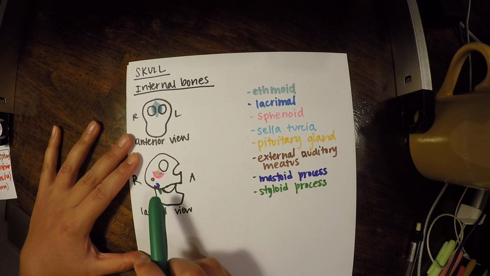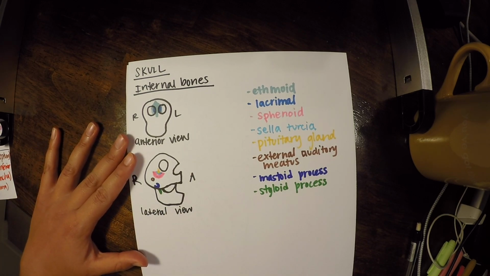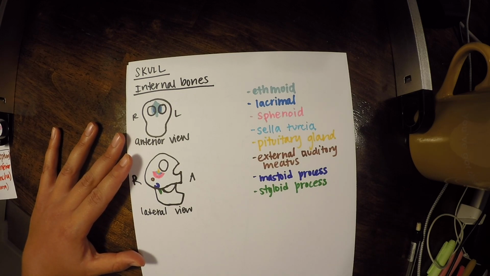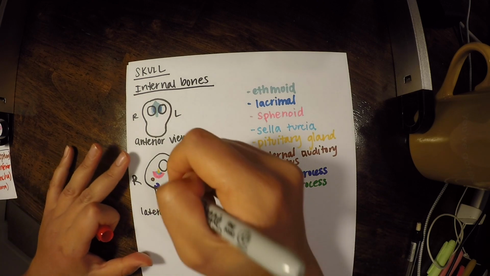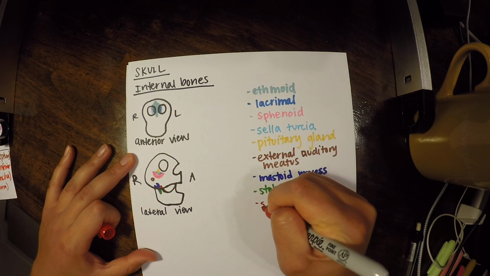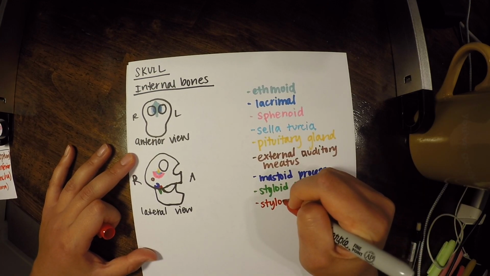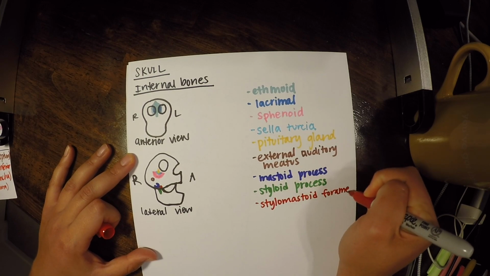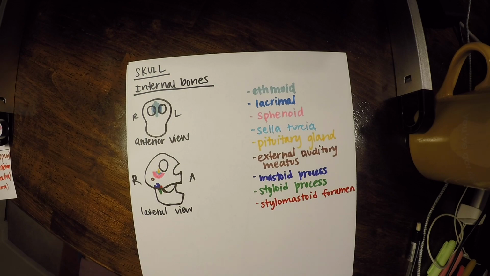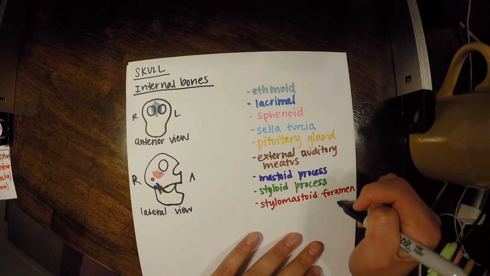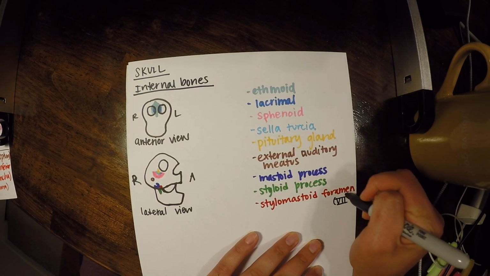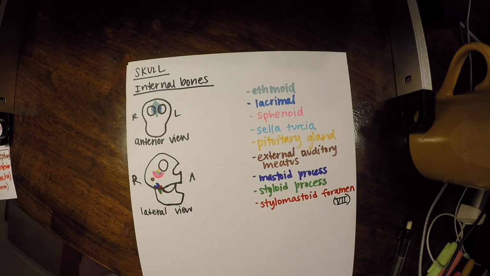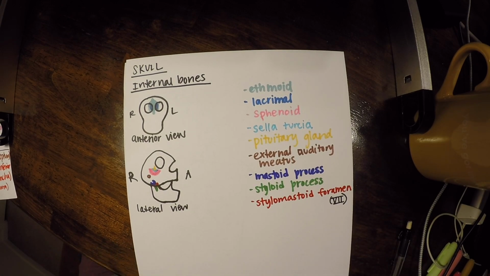Now, you have your mastoid process and your styloid process. In between them, you're going to have something called your stylomastoid foramen. Right here. And it takes a piece of both of those words. And what's actually going to travel through that foramen is cranial nerve 7. So that's one that we can only see on the outside, so that's why I'm including it here instead of in that other picture, the inside view of the skull with all of those other foramen. So this is the only one that we left out.